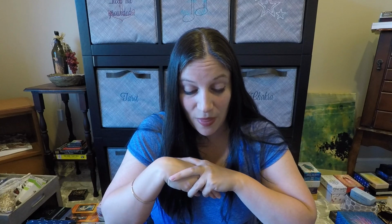So anyway, again, hope I can figure out a way to show you some of those bigger spreads that I work with, but this is sort of building blocks up to that. So hopefully this mini series works in that way, and I can kind of show you how I use those. So let me do one more here that I can just show you one-on-one from the Tarot and Oracle. And I just picked these 2 decks